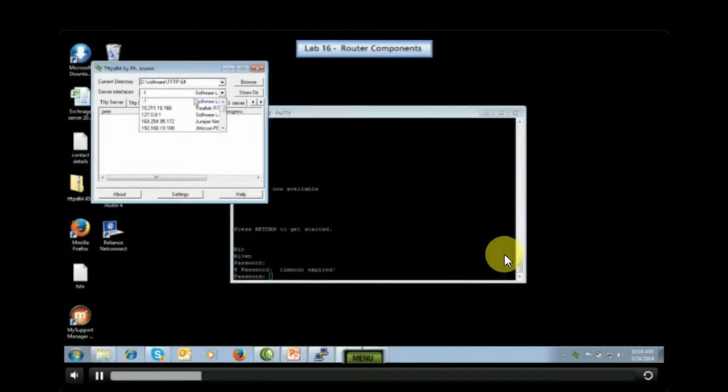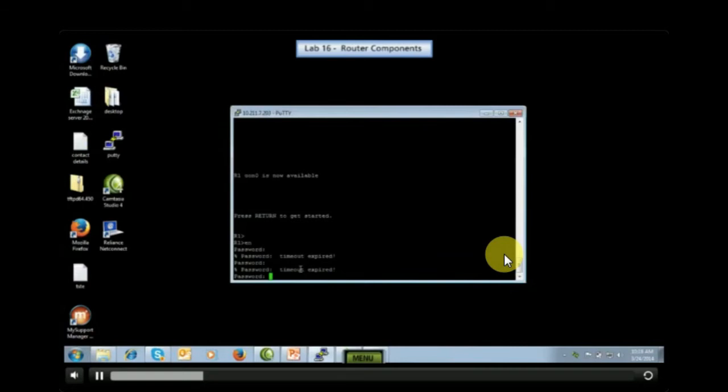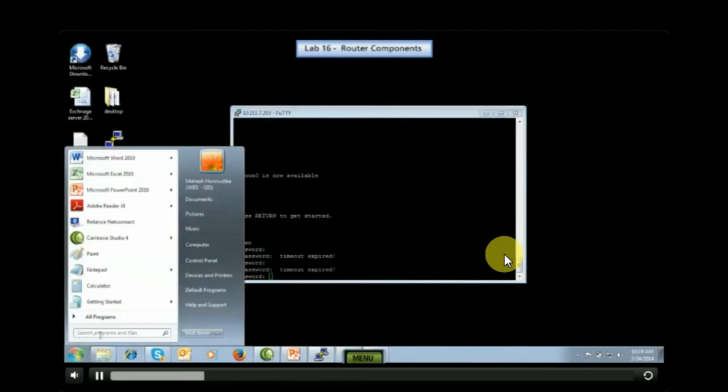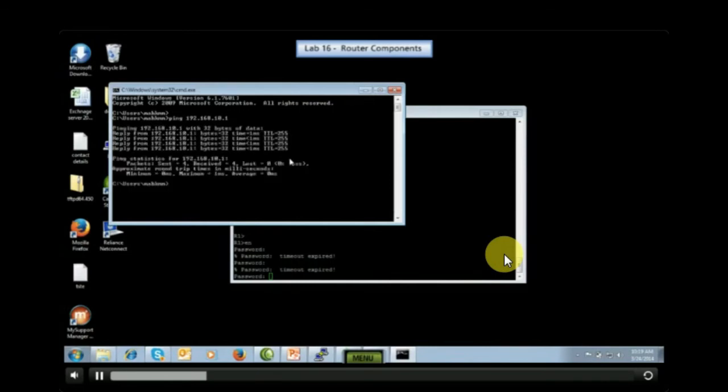Let me assign that, 192.168.10.100. This is where it will store, in the current directory, the software TFTP 64. You can minimize this. Now I should check the reachability also. This will be my TFTP server. I will see whether I can ping 192.168.10.1, which is usually the router IP. I am able to reach that. So 10.1 is reachable.